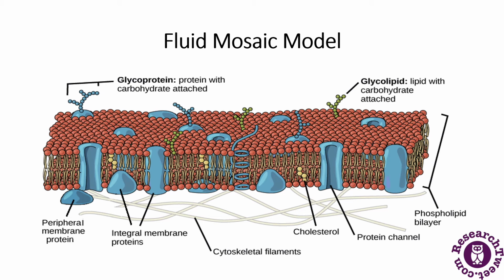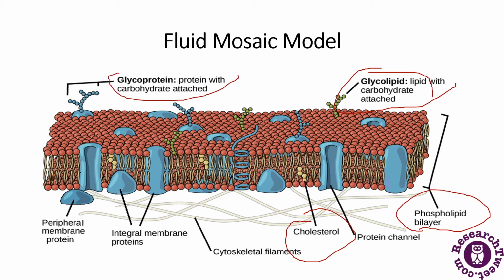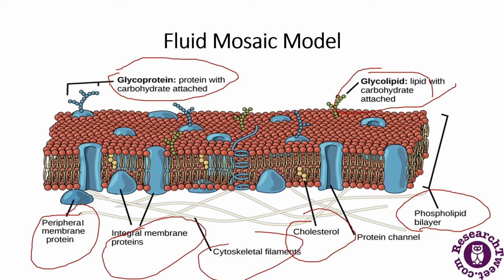This model basically includes the cholesterol that has been mentioned here. This is a cholesterol molecule. Then it includes the phospholipids and carbohydrates that impart a fluid character on the membrane. There are glycolipids as well. This is a carbohydrate which is attached to it. Then there are glycoproteins attached to the carbohydrate. There are some peripheral proteins, we have discussed this already. There are some integral membrane proteins, and this is a cytoskeleton filament. And these blue structures are the protein channels.